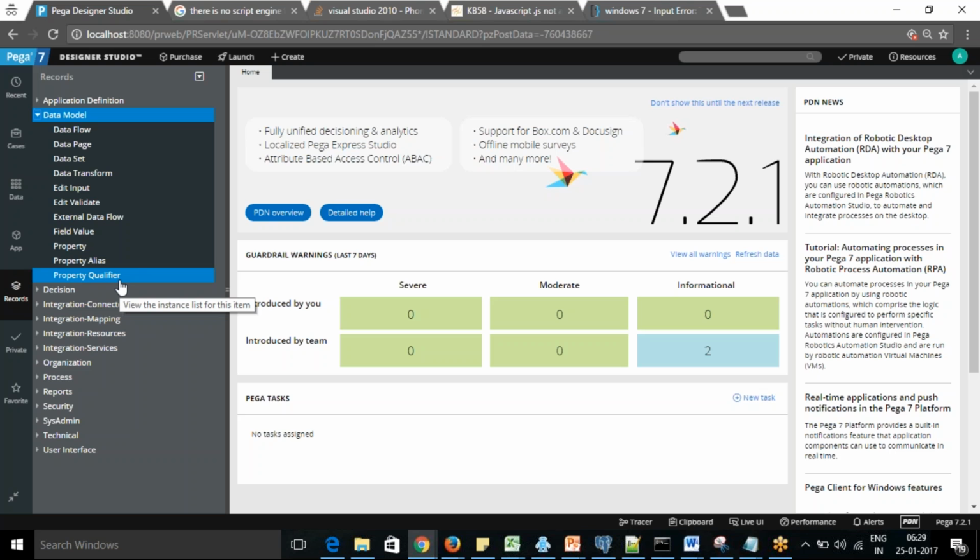What is your property? And then there are things which are not that much required, like data flow and data set. These are external rules, some new rules which were introduced only in Pega 7.2. They were not there in earlier Pega versions.